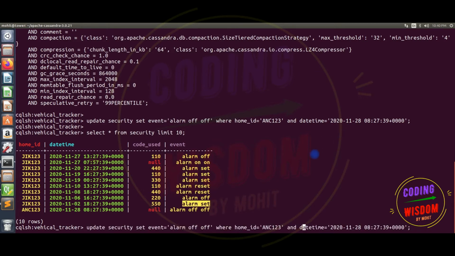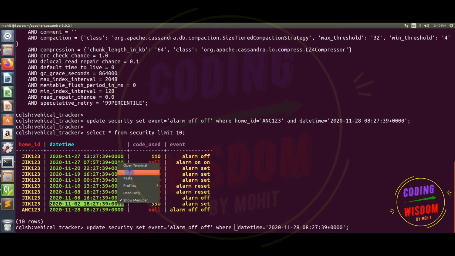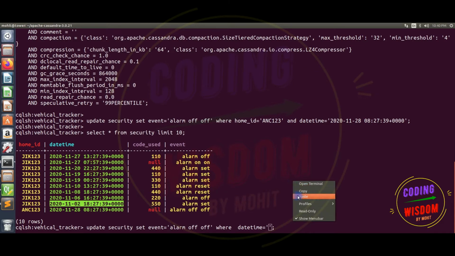I'm not giving any ID right now. Let's not give any ID this time, just give date time. Only the clustering key is sufficient. Okay, done. Alarm set off, done.